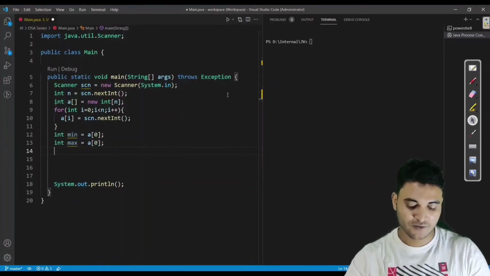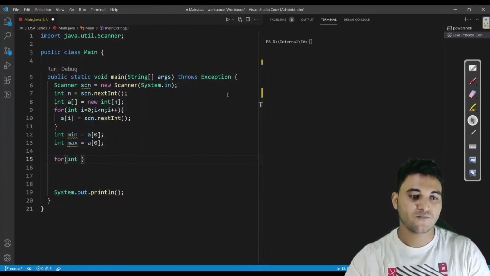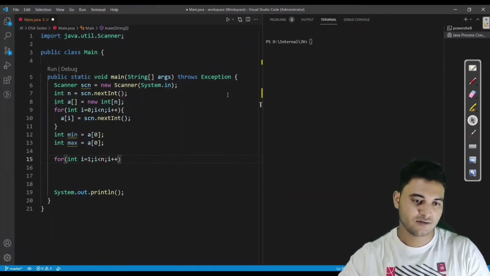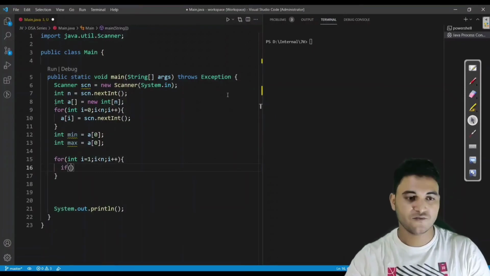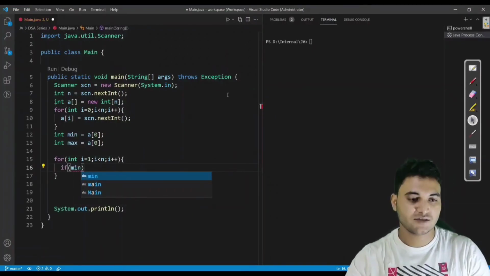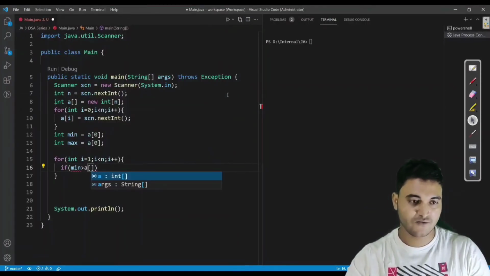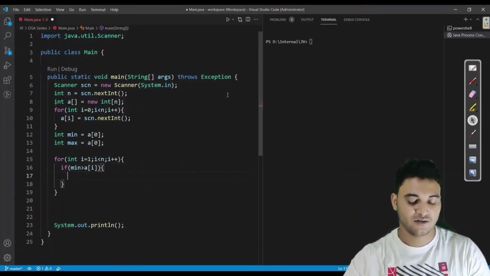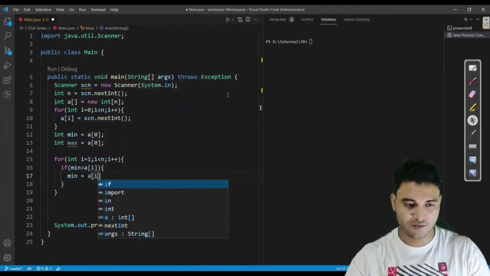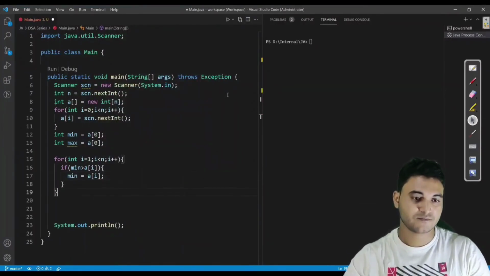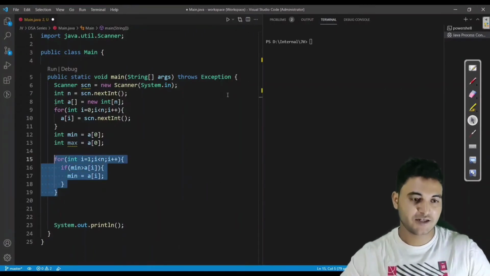Now we write a loop, int i equal to 1, because we have already chosen the 0th index, till n. Now we check if min is greater than a of i. If it is greater, then we take a of i into the min. That's all we have to do for getting the minimum.